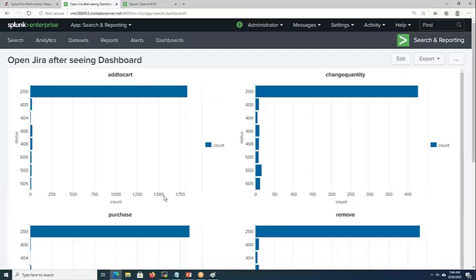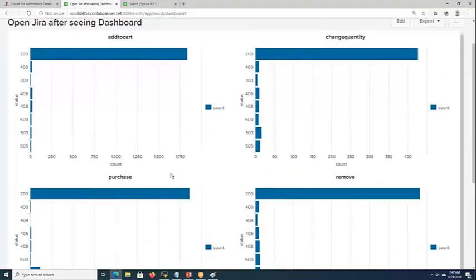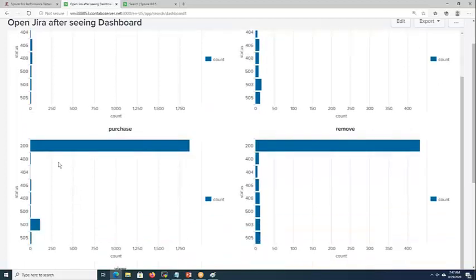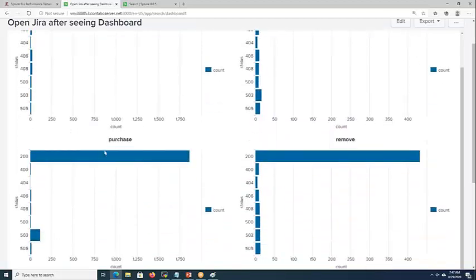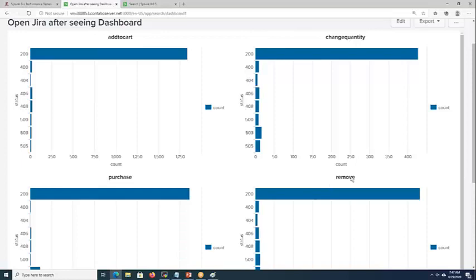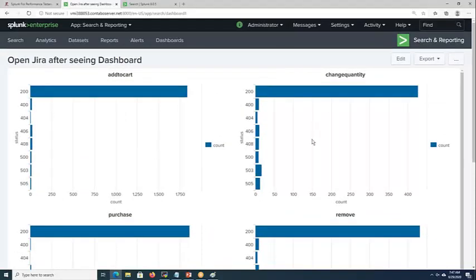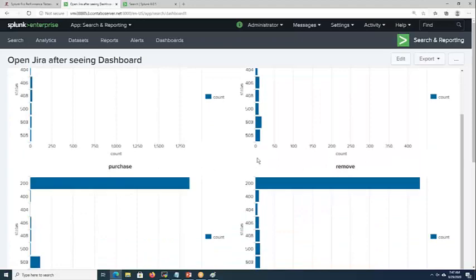Functionality wise, we can create a chart such that it will give a clear insight. By seeing this, I know add to cart and purchase have fewer errors, and purchase has more 503 errors. Whereas change quality and remove have the most errors. So it will give an insight to a developer as to where exactly the priority is.